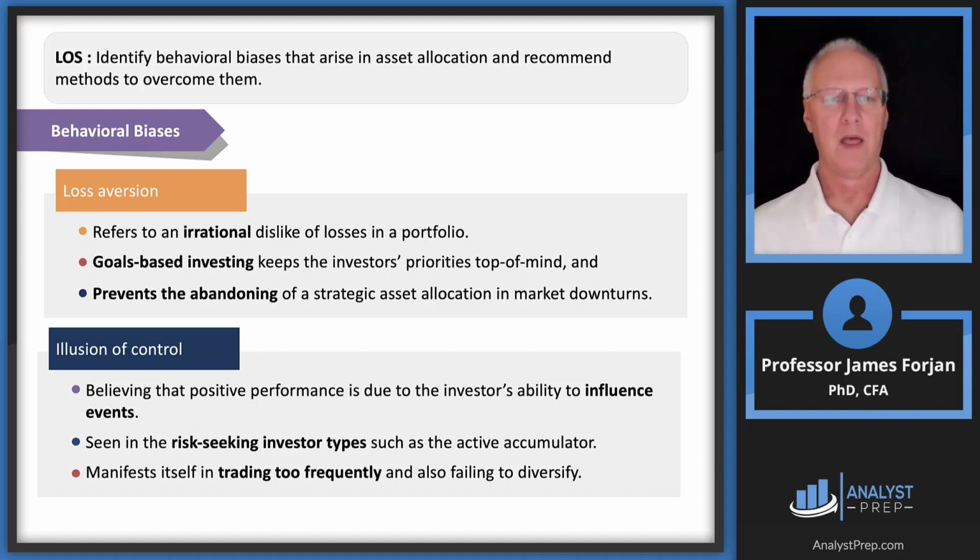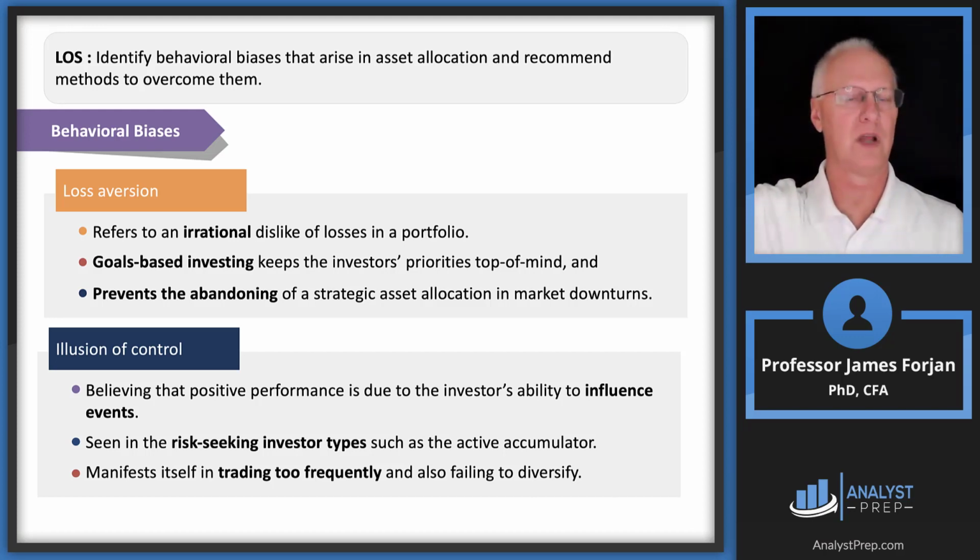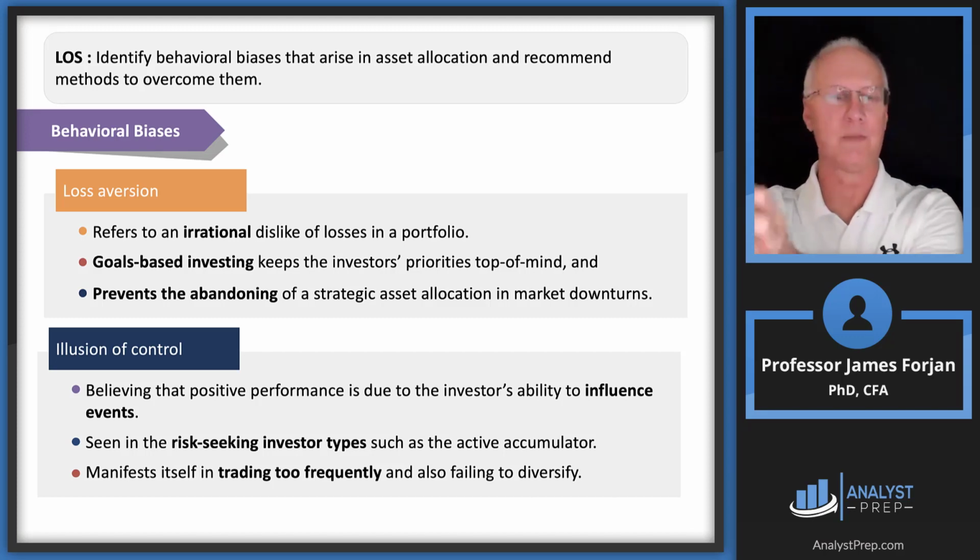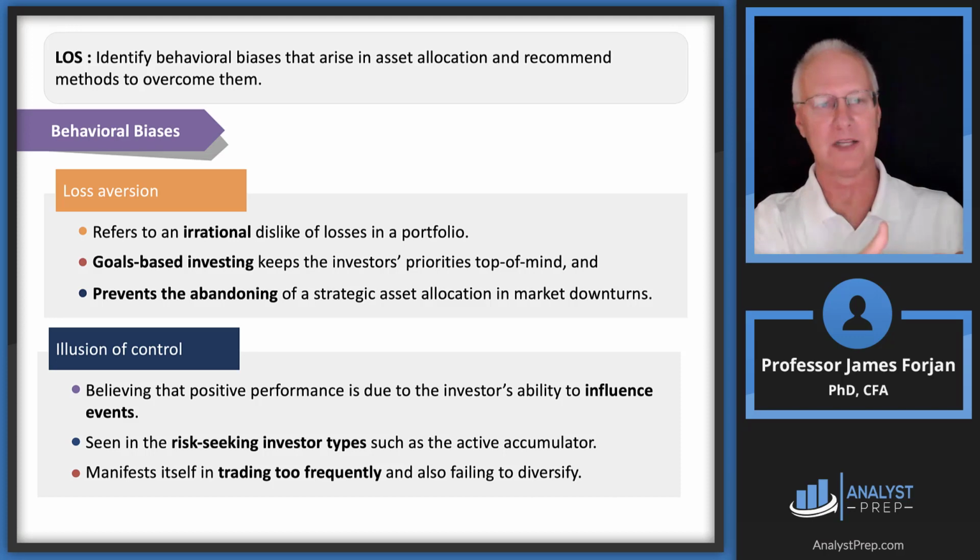For example, a client may say, I have a 5-year-old and I want to send my child to a top level school, and that is going to cost me $400,000. Let's just pick a number. And that $400,000 is a series of future cash outflows. Well, let's go ahead and take the present value of those future cash outflow tuition payments, and let's invest that in a well-diversified portfolio of low-risk assets